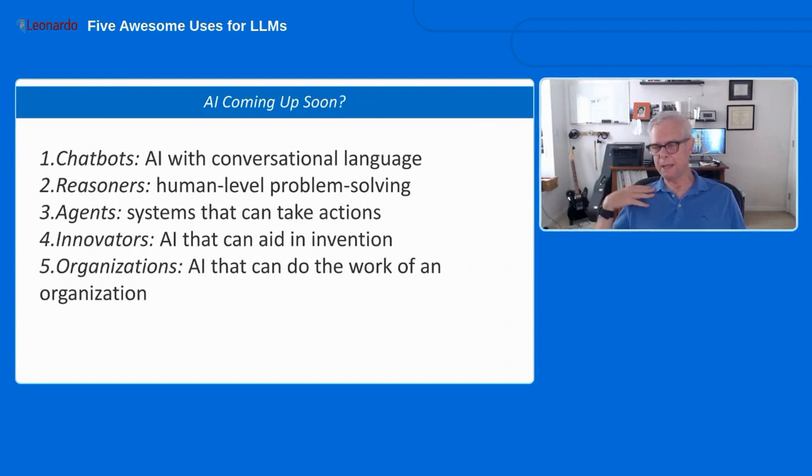Okay, so what's coming up here? We're wrapping up here. Coming up soon, let's say, or coming up at some point in the future. OpenAI, the company, right, the parent company of ChatGPT, came up with this 5-level maturity scale. And the first level, which is kind of where we are now, is chatbots. So right now we have large language models with a conversational language doing amazing things, really. But that's still just level 1. Okay, that's where we are.